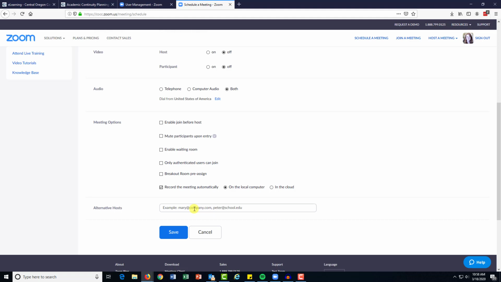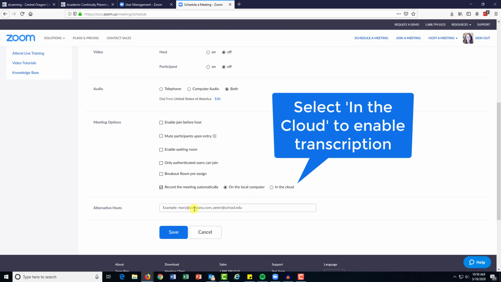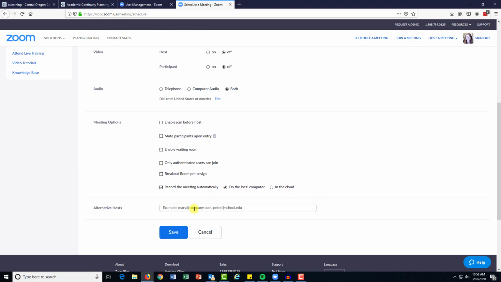If you select recording in the cloud, audio transcripts will be generated automatically when the recording is processed. Full disclosure, most of the world is using Zoom right now. Video recording processing is taking longer than it normally would. Usually it's around 2 to 10 hours. Right now we're looking more like 24 to 36 hours for these recordings to become available. So full disclosure with that one. However, I'd still recommend it because it is the easiest way to get these things out to students, and it can be all managed within your